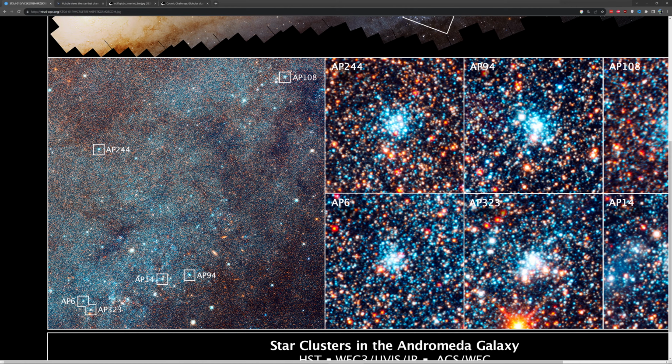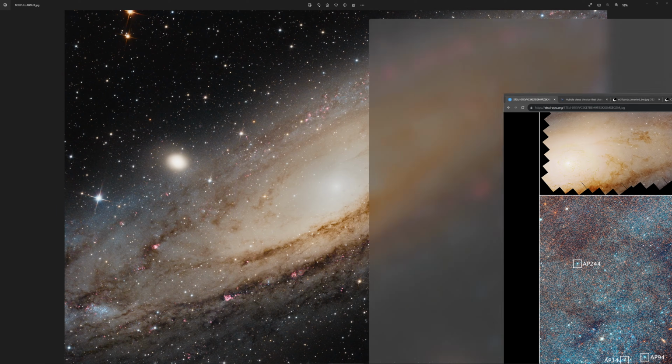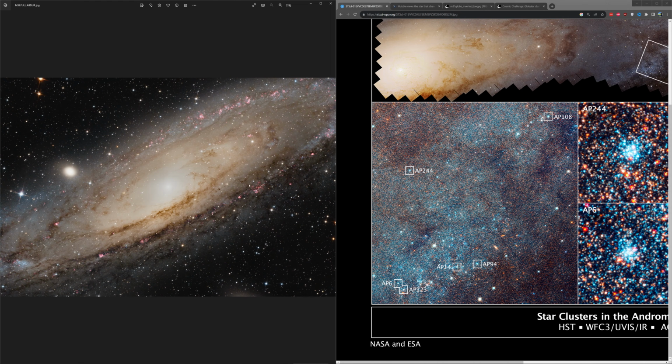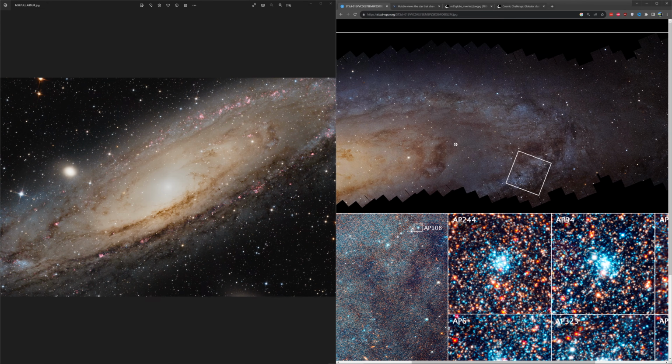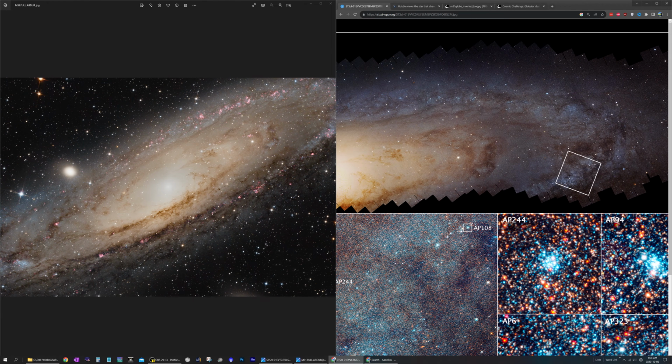It would be a challenge because these are going to be extremely faint. I don't know what the magnitude would be, but I will try to find out. If I had to estimate, probably looking at about magnitude 17, 18, 19, something around there. They're extremely faint. So let's pull up my image on the side and see if we can find that same region. Now, looking at the Hubble Space Telescope image at the top right,